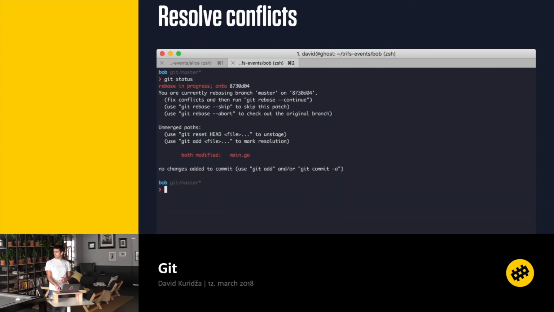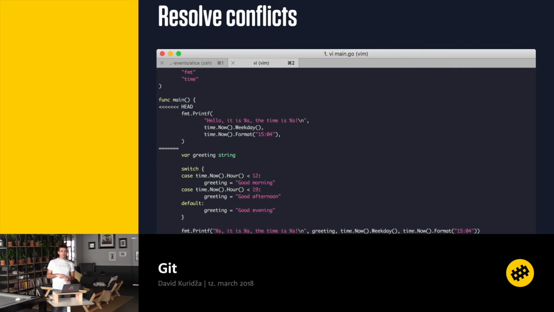Bob checks the status and he gets the same message back, except that in this case you cannot really see it here, but there's the main.go, which says both modified. He opens the file, the code. Here